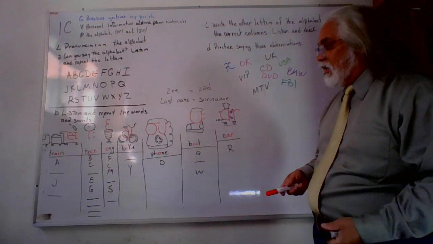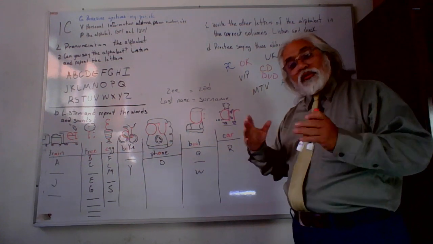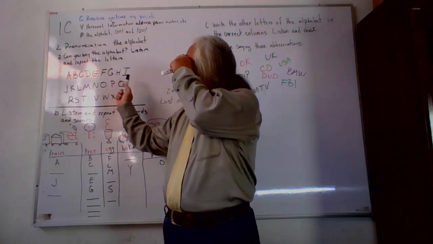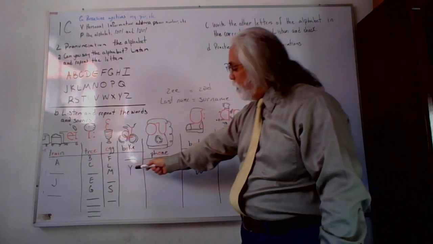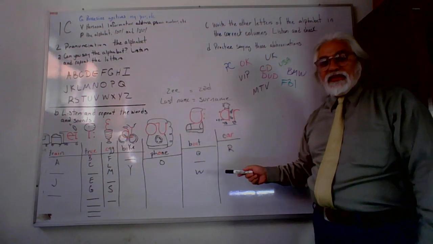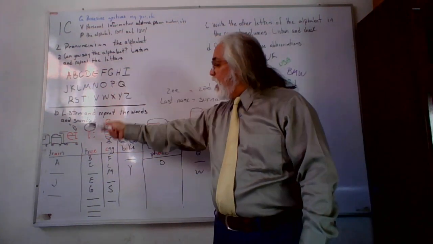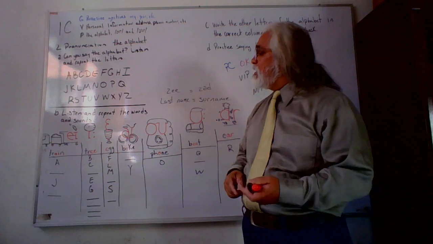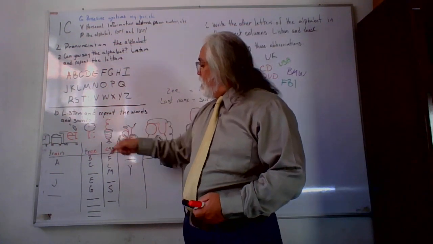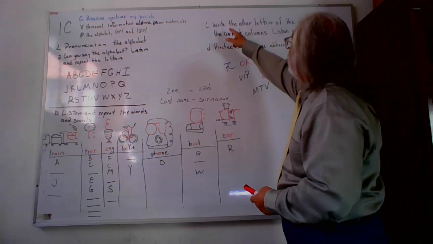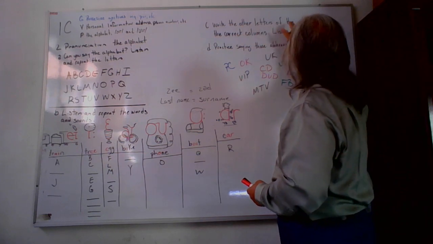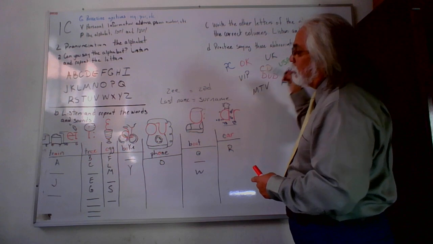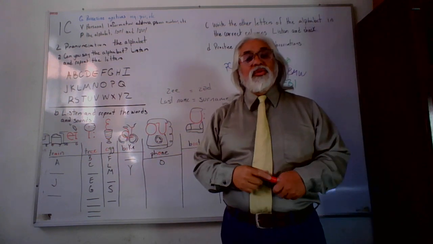Okay. What are you going to do for the first part of your homework? You're going to take these letters. Some of them I already put in their spaces. Take the letters and put them in the correct space. What's the correct space? Where is it? Here. Write the other letters of the alphabet in the correct columns. Okay, and then tomorrow we'll listen and we'll check.